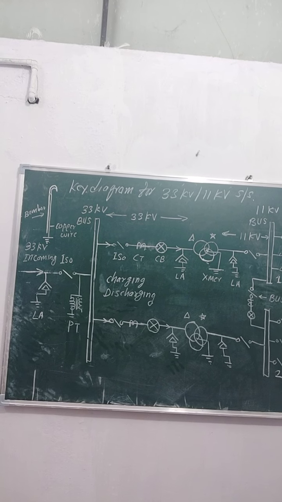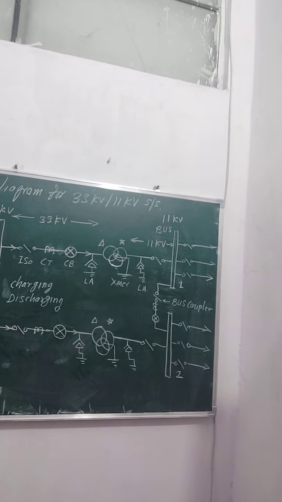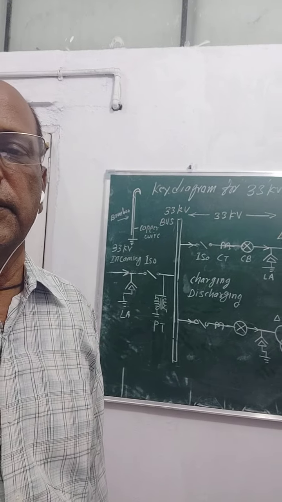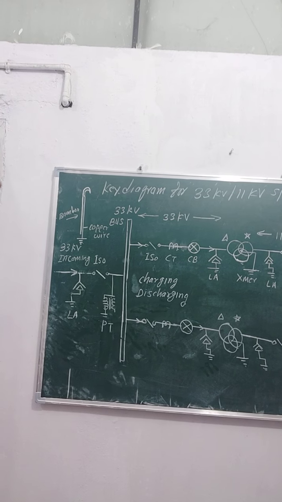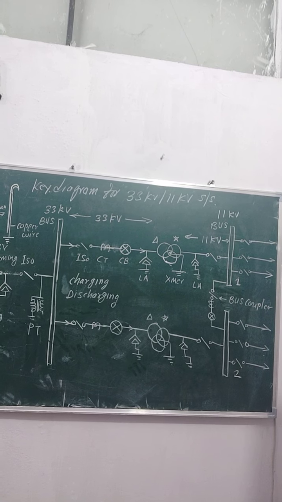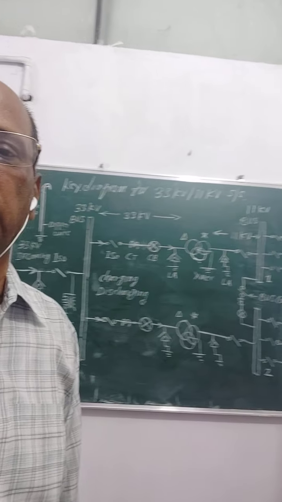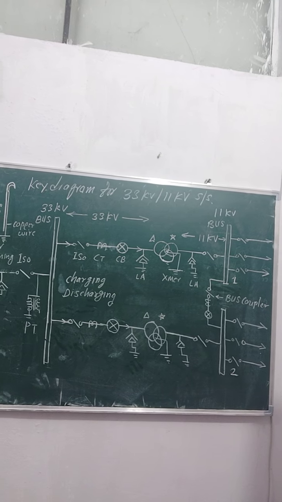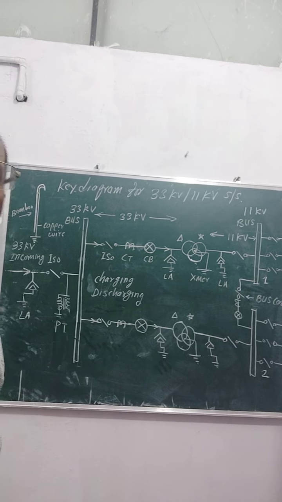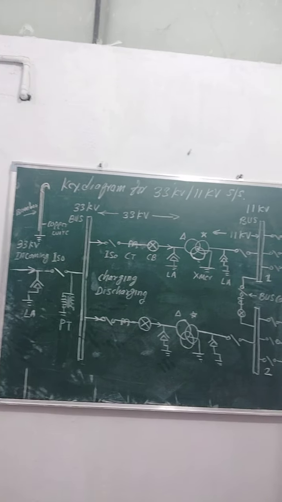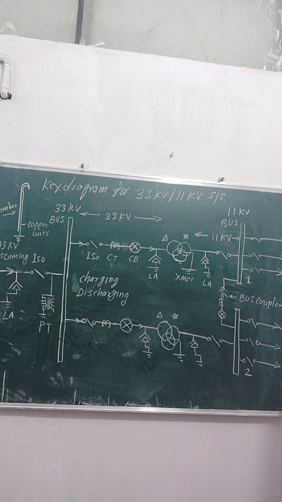So this is a very simple and self-explanatory diagram of a 33 by 11 kV substation, that is known as the key diagram. And the standard symbols I have already given and also written on the board, so you can easily draw this diagram. So whenever the question comes, draw the key diagram of a 33 by 11 kV substation, then you can draw this diagram and explain its charging and discharging procedure, which I have just told you. Okay, so this is all about the key diagram of a 33 by 11 kV substation and its operating